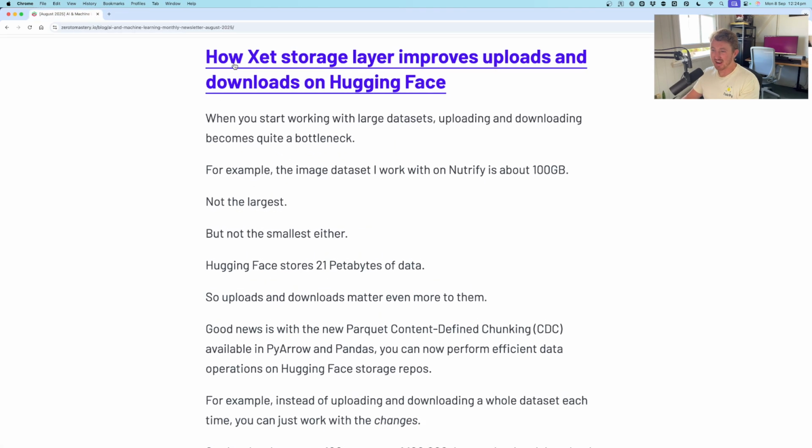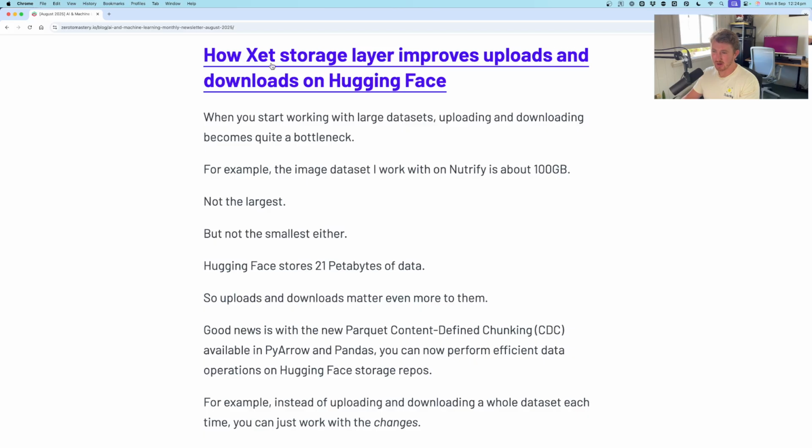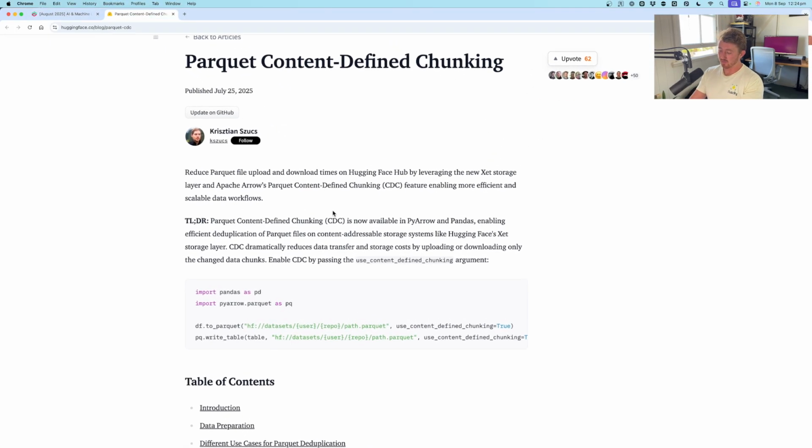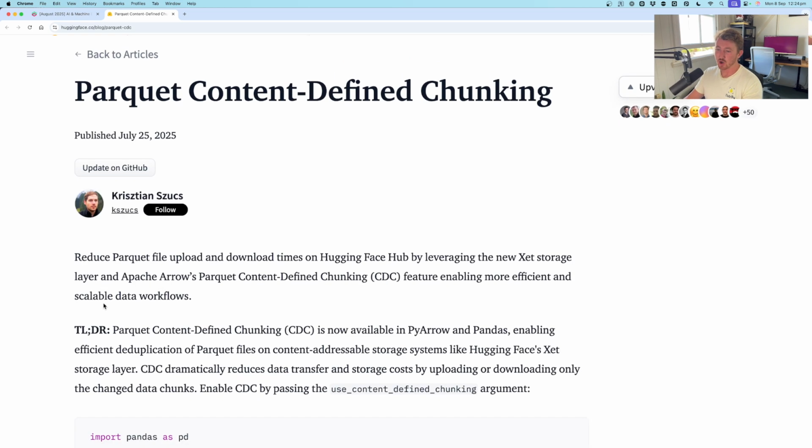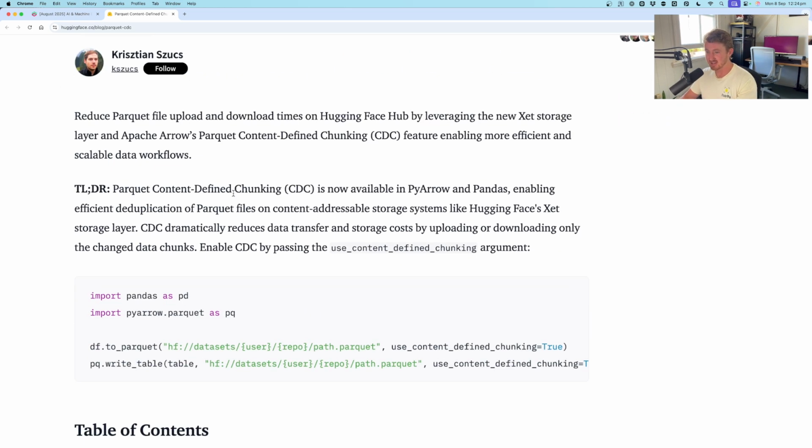Up next, we have how the Xet, I'm not sure how to pronounce that, but Xet storage layer improves uploads and downloads on Hugging Face. So Hugging Face stores 21 petabytes of data. So that's a lot of data, right? And you want to, of course, optimize it. And so the way that they do it, or one of these new updates that's made possible by Xet storage layer and Apache Arrow's Parquet